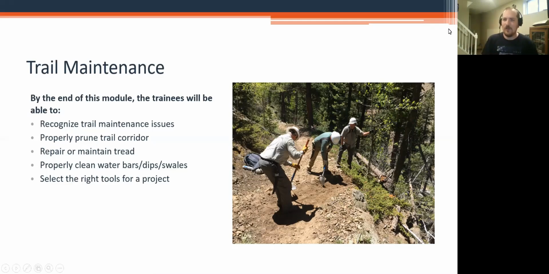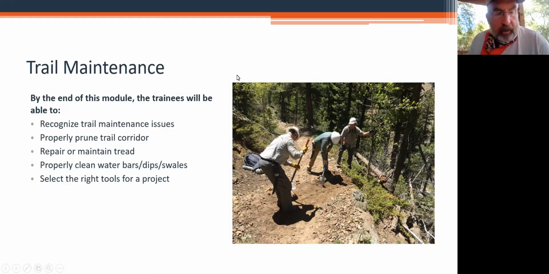Their trail adopters were only allowed to do a very specific set. They could clear corridor, and that was really about it. They didn't want them doing a lot of cleaning of drains, no rock moving, no creating drains or anything. That was down the road two or three years before they would be allowed to do something like that.